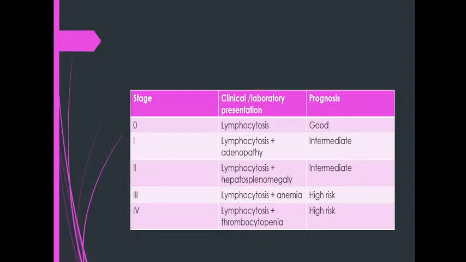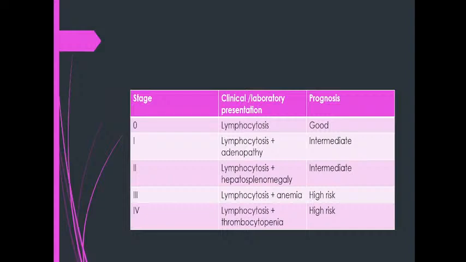So, the staging system goes from 0 to 4. For clinical presentation, lymphocytosis occurs in all stages. And the prognosis starts with good, intermediate, and then high risk. So when you say high risk, the prognostic outcome is not good. I think in every form of cancer, if you reach above stage 2, that is considered high risk already. Poor prognosis, high risk, anything under the sun